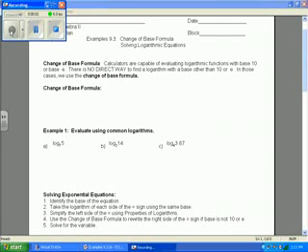Okay, this example is 9.3. Change of base formula and solving logarithmic equations. Now, the change of base formula is going to be really pretty easy, but you need to understand what it's